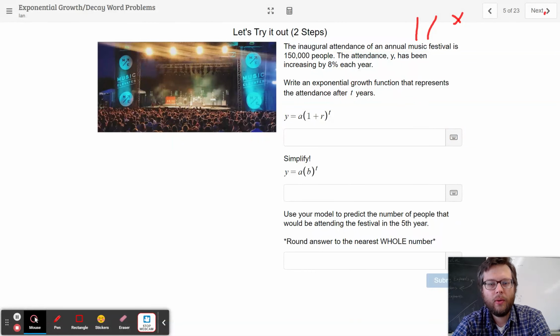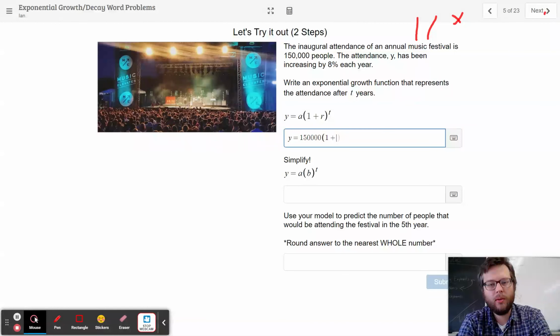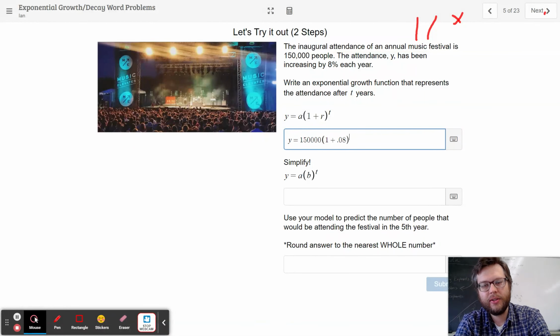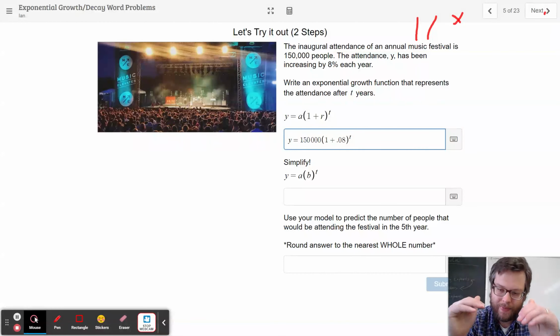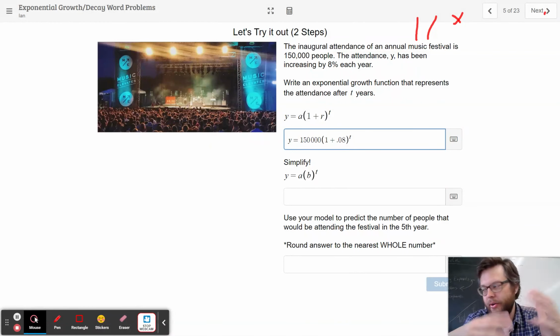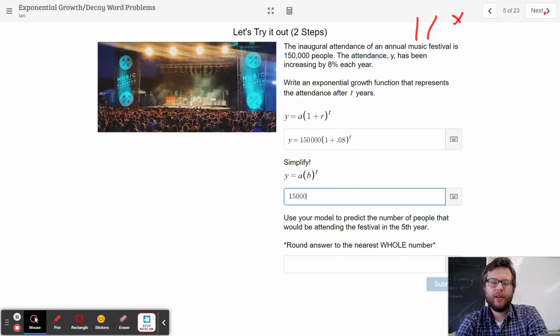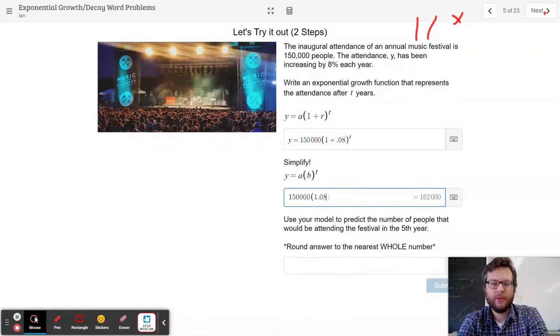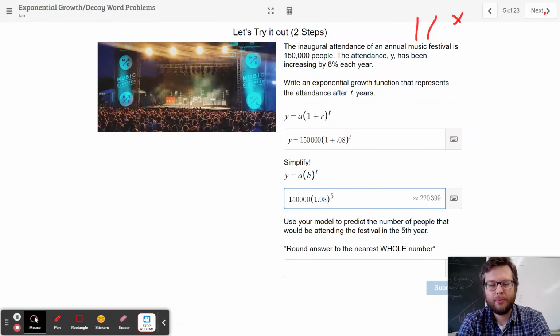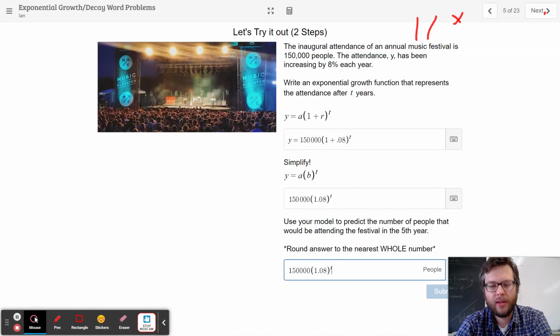So here's an example where we have 150,000 people increasing by 8% each year. So I can write 150,000 people, 1 plus 0.08 raised to the t. Because it's increasing, it has to be bigger than 1, and it's increasing by 8%. So I moved the decimal place twice and I added it to 1. You can simplify that, 150,000 times 1.08, because adding 1 plus 0.08 will work out to be 1.08. The last one here, raise it to the 5th power because it asks me to predict what's happening in the